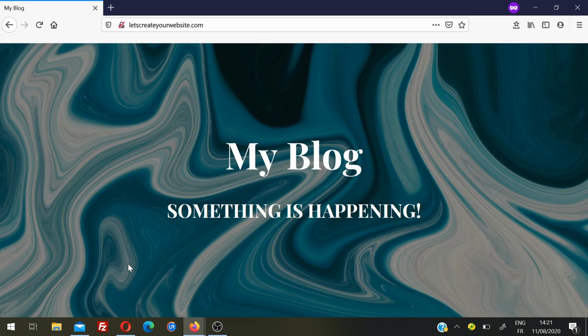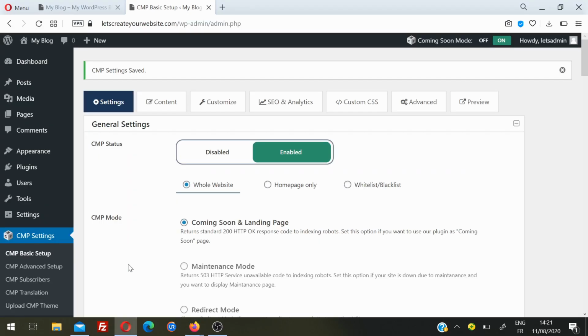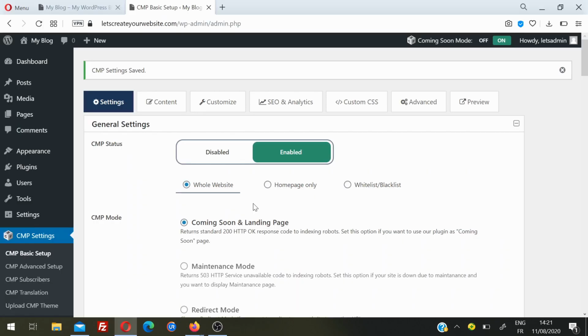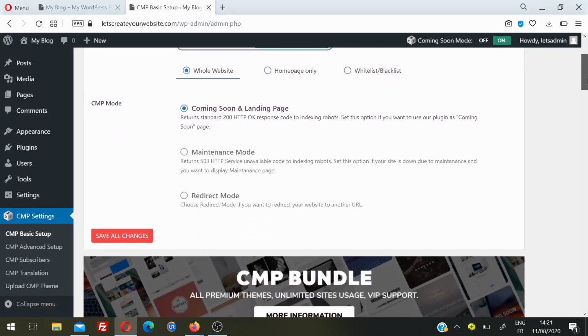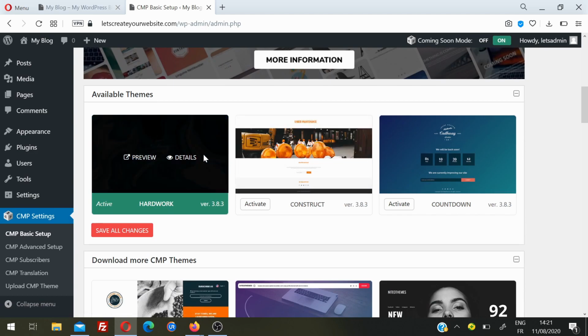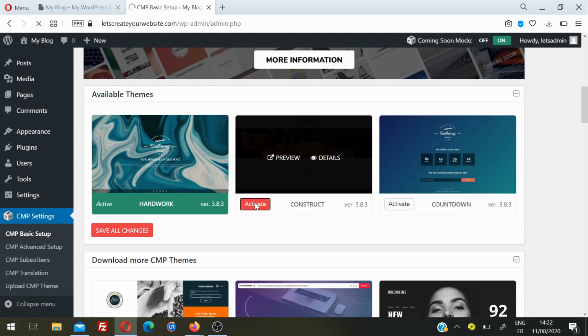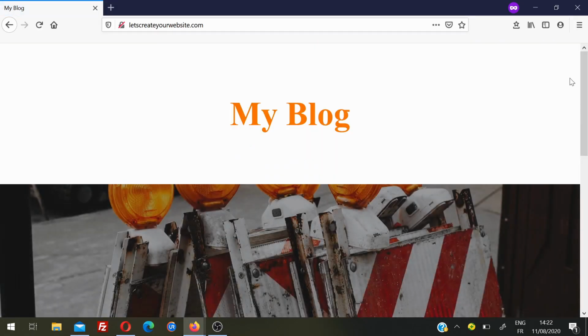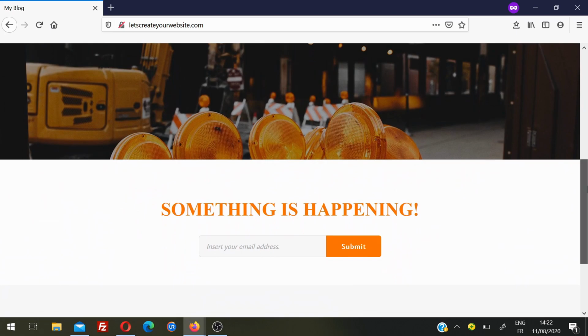This is the easiest plugin how you can put your website in under construction and maintenance mode. And then after we'll see how we can customize this text also. For now, we'll go and I show you the 3 free designs. You can choose this design which is right now activated, or you can choose this one. Click on activate and then go back and refresh. So you can see the other free design is activated.